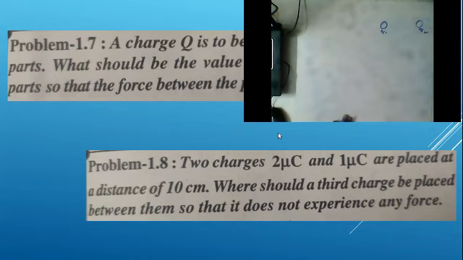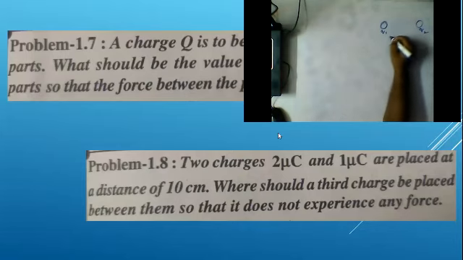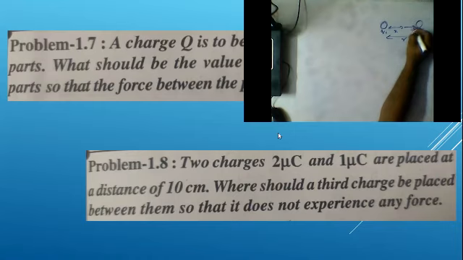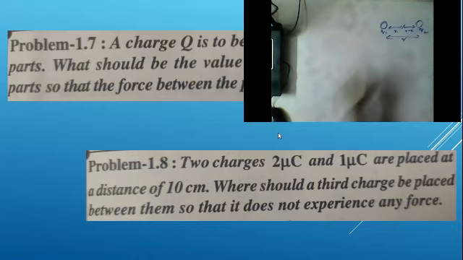So it is similar to the null point. Null point means the point where the force due to the masses m1 and m2 will be 0. Similarly here, at what point the force should be equal to 0, that is what we are going to find out. Now, for example, I'm considering the total distance as R. I'm placing the charge at point X, so the remaining distance is R minus X. One is X, one is R minus X.